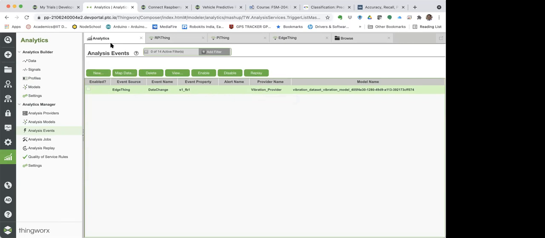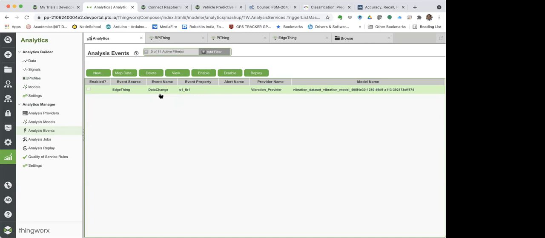In this case, this is how the analysis event is being handled and created. We have created an analysis event over here, which is now being monitored. All the data that is coming onto the edge thing is now being monitored for data change.